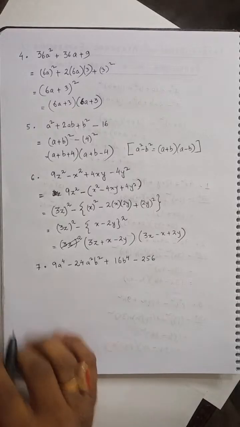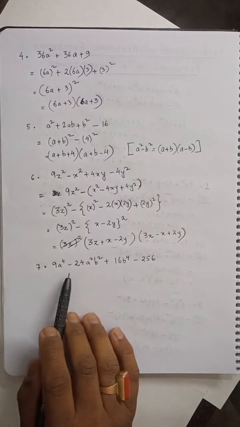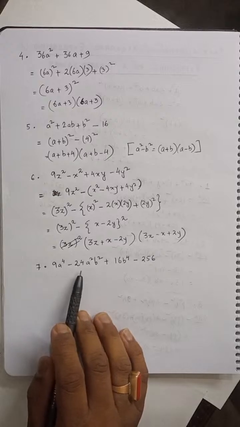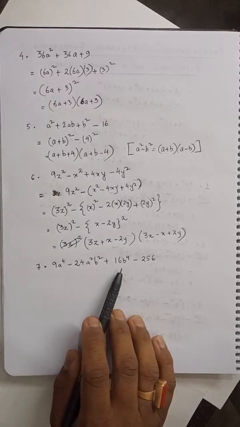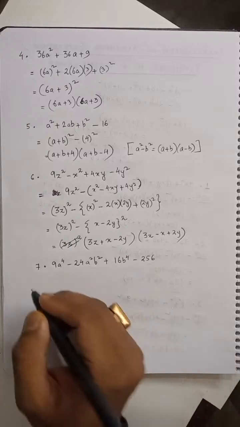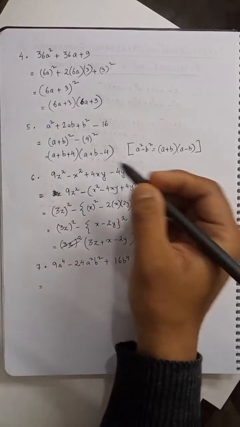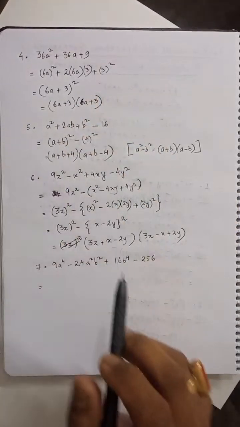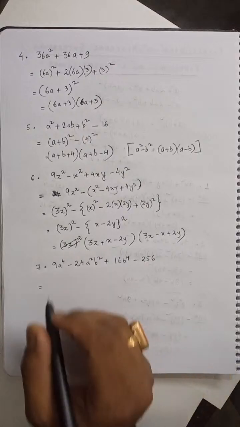Okay, moving on to the next question. 9a to the power 4 minus 24a square b square plus 16b to the power 4 and minus 256. Okay, so we are going to use the same pattern like question number 5 and question number 6. Okay, so 9